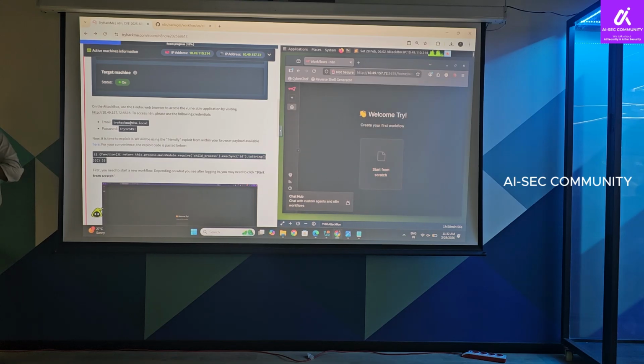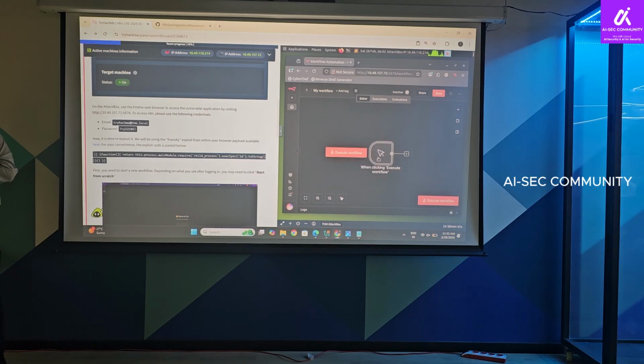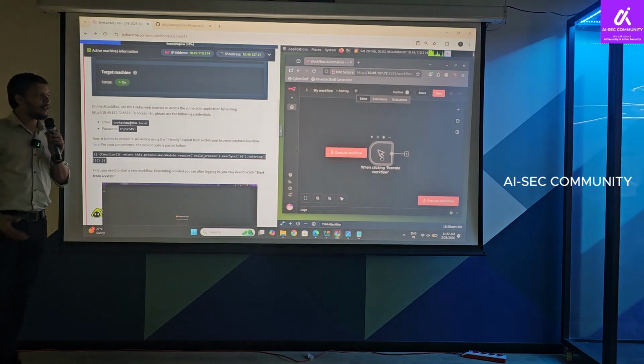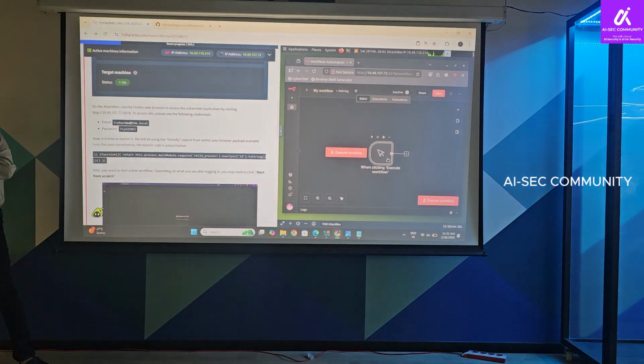I just logged in. See here, I am able to take a node, the manual trigger node. In this, what I can do,